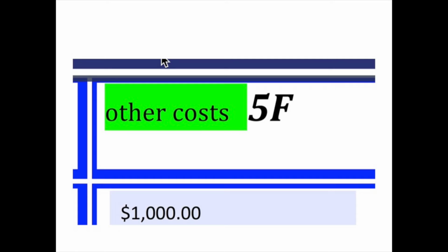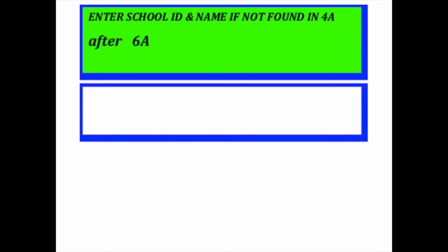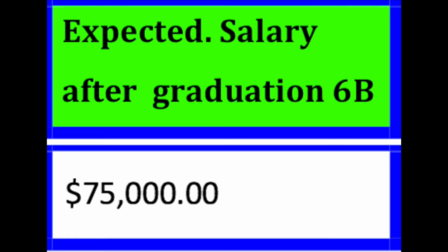In box 6B, enter student's expected annual gross salary after graduation. You can find a national occupational salary list at link 37. In box 6C, enter the total annual withholding taxes and other withholding items. This item is usually computed at approximately 20% of the salary.